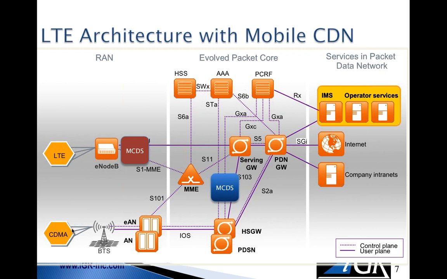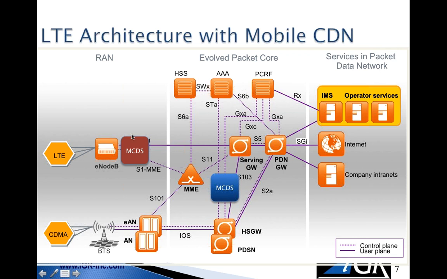So now let's look at our LTE architecture again, and you'll notice I've added a couple of boxes here, which I'm calling a mobile content delivery server, and it's really part of a mobile content delivery network. And some operators have started to do this already, but this is essentially what I was saying about moving that content to the edge. So today, if I'm out here and I want to get the piece of video that's out in the internet, I've got to go all the way through the network, all the way out the back end to get it and bring it all the way back, which obviously is very inefficient and adds to the time taken.